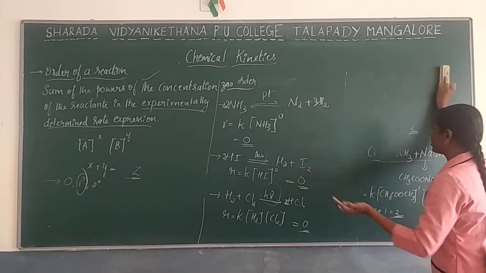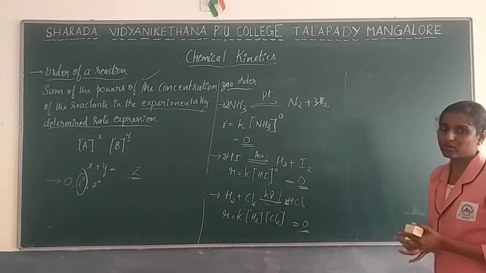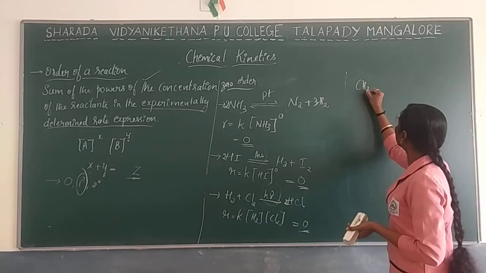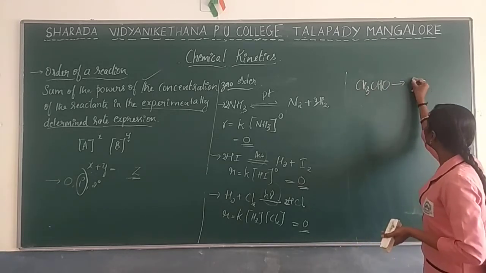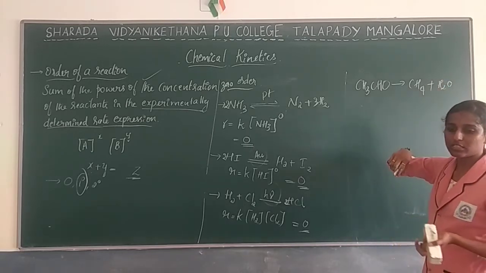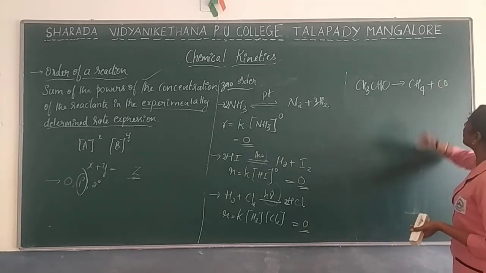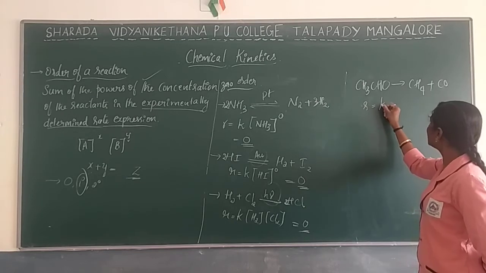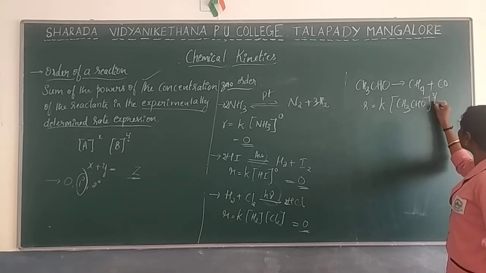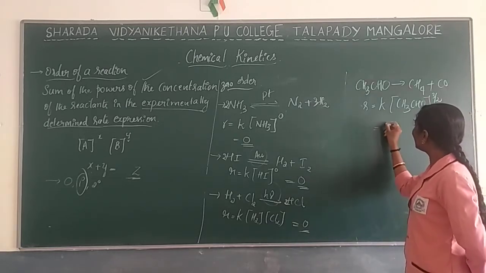Now, as I told, sometimes a fraction also will be given. It won't be asked, but if you want to know whether a fractional order is possible or not, I will give an example. Let's show the formation. Now when you are writing the order of the reaction for this kind of reaction, for the rate we include the concentration of methanaldehyde. Here the order of the reaction will be 3/2. That is nothing but a fractional value. Okay, so we have already seen.